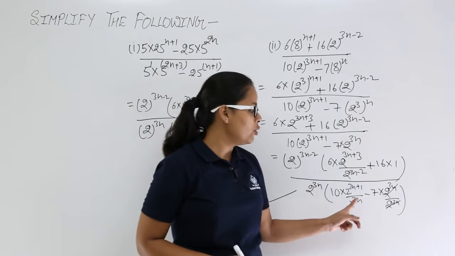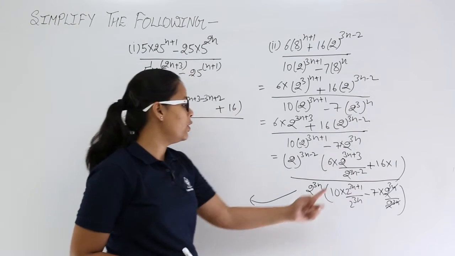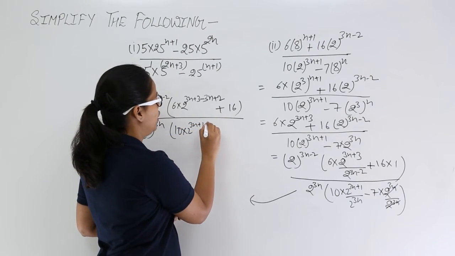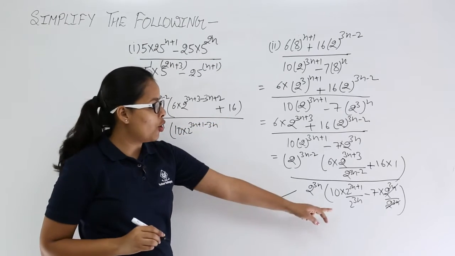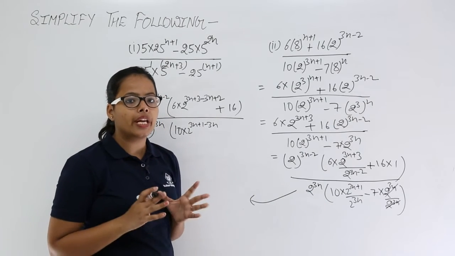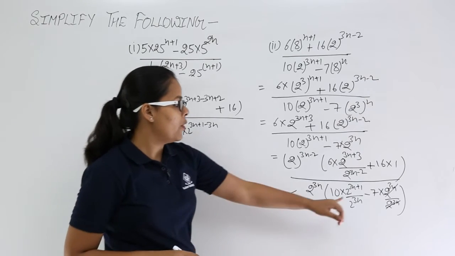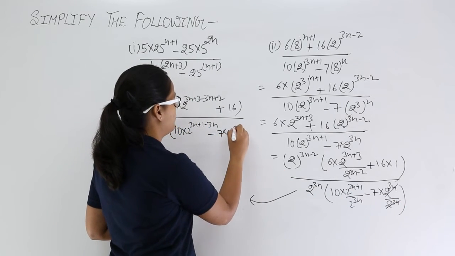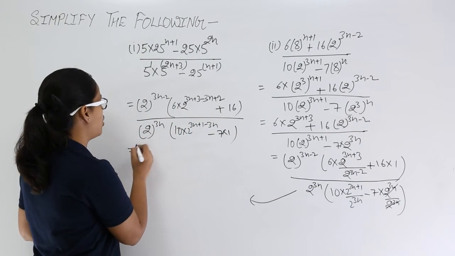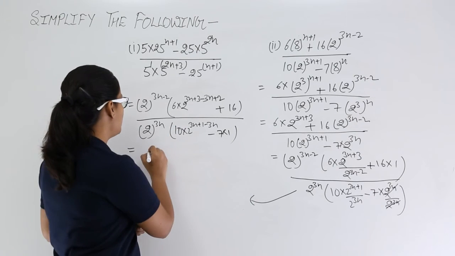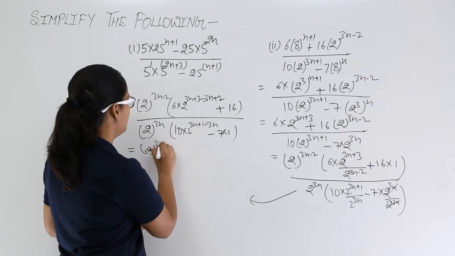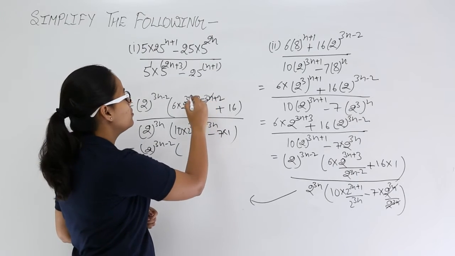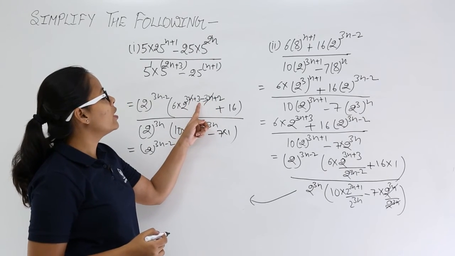Here again you will apply the second law. When this value goes in the numerator, what will you get? You will get minus 3n, because in the denominator you can see that 3n is a positive value. Minus 7 into 1. Now let's start solving it further. After simplifying this, what will you get? 3n and 3n will get cancelled out. And you will get the power of 2 as 3 plus 2,